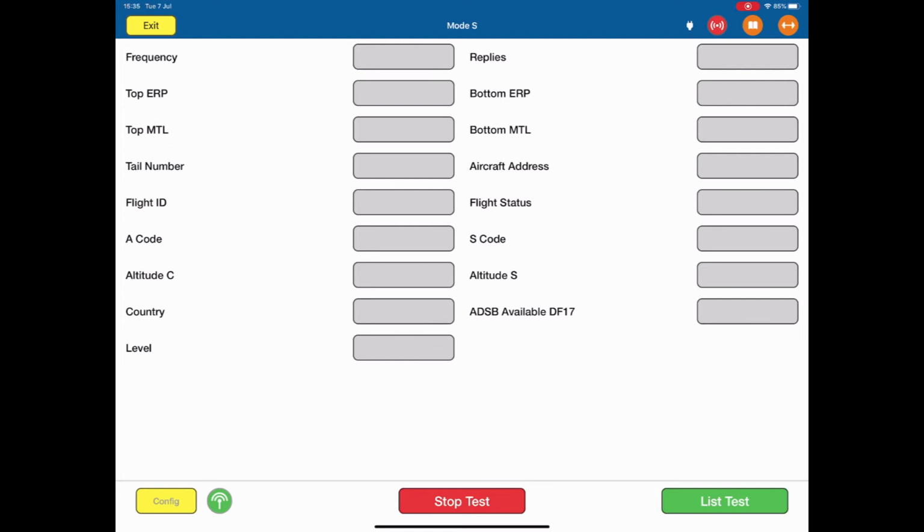The test will then run. As it's running, this top page gives you some of the very basic information of what is being replied from the aircraft. It will tell you the frequency, the top power, the top minimum trigger level, the tail number, flight ID, the Mode A code, the Mode C altitude, the country, the level of the transponder, the percentage of replies, the bottom ERP, the bottom MTL, the aircraft address, the flight status, the S code, that is the Mode S